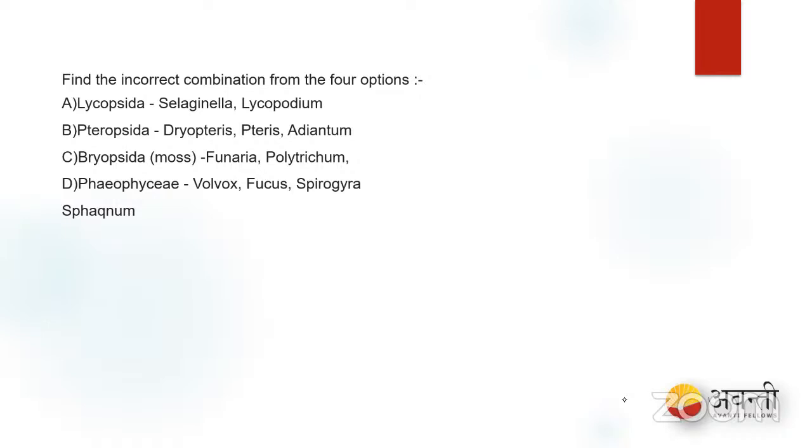But if you see the last option, Phaeophyceae, Volvox contains chlorophyll and belongs to green algae, so it is not Phaeophyceae. Volvox is a wrong combination here. So option D is the incorrect combination compared to all four. Okay. So our answer is